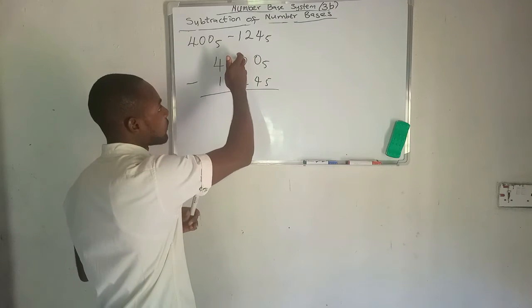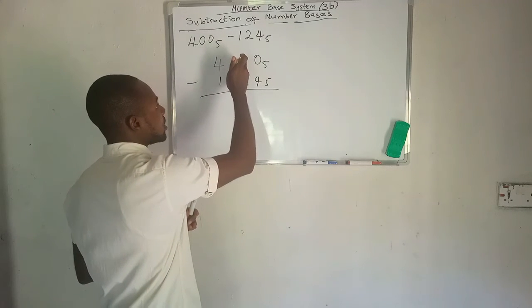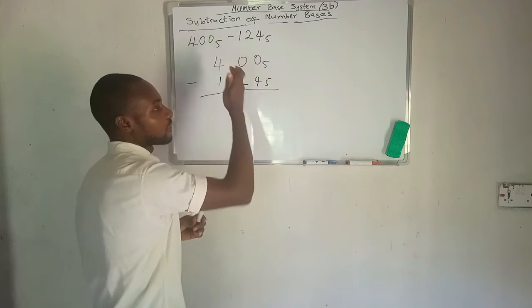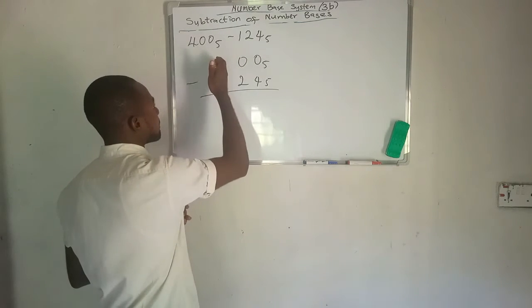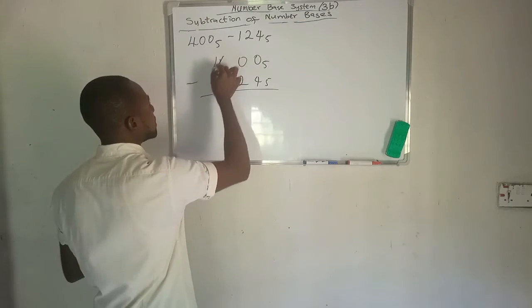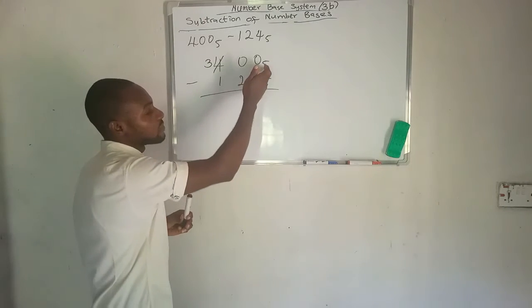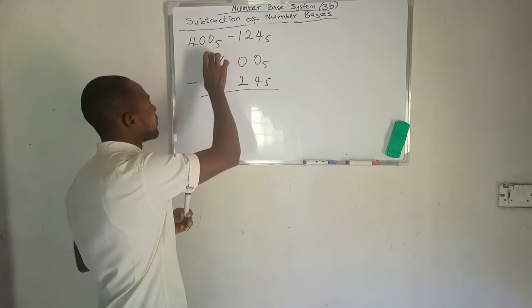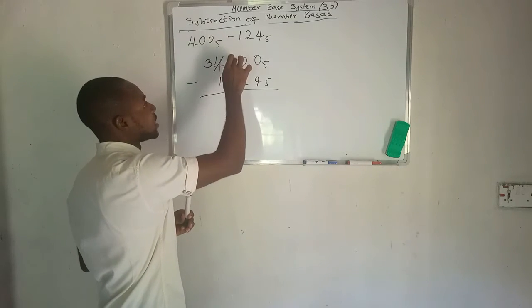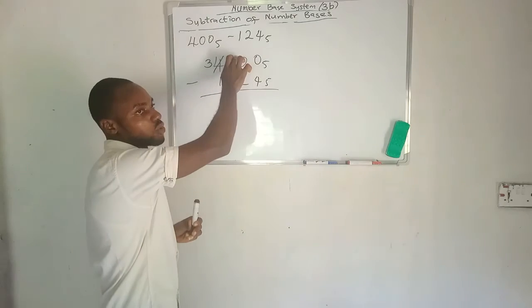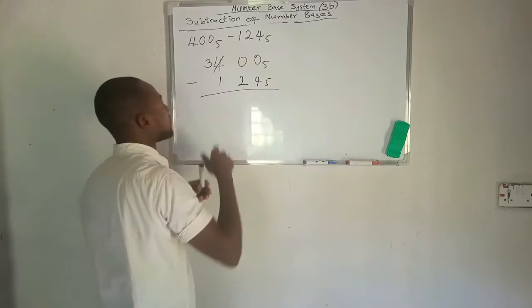We try to borrow from this one, and we can't borrow from this because this is 0. So we take from this place. When we take from this place, we have 3 here. Now, remember we are talking about base 5 here. So whenever we borrow a figure from here, adding it to this place makes it 5. So I'll put 5 here,